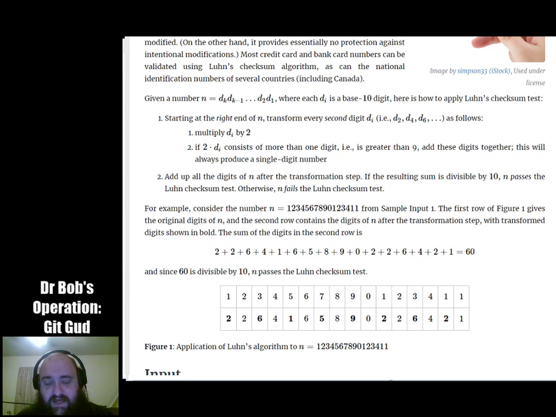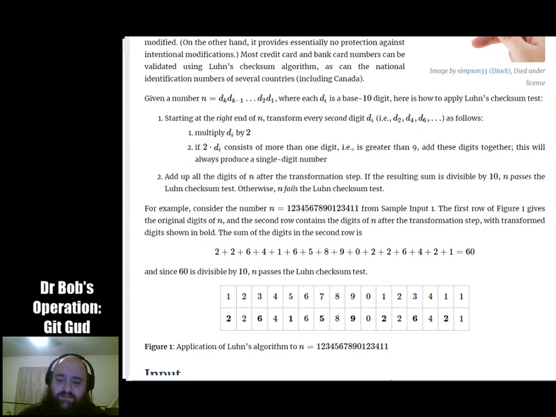So another way of looking at it is you take 2 times the digit and then add the digit divided by 5 integer-wise, and then take it mod 10, which is what I did. Then you add up all the digits. If it's divisible by 10, you pass the checksum test.